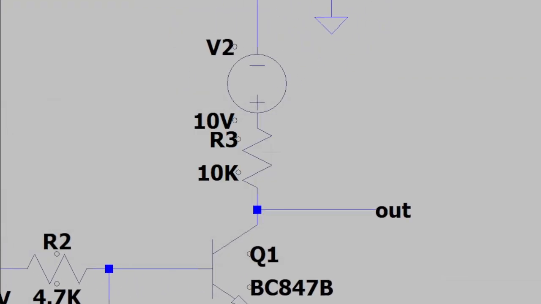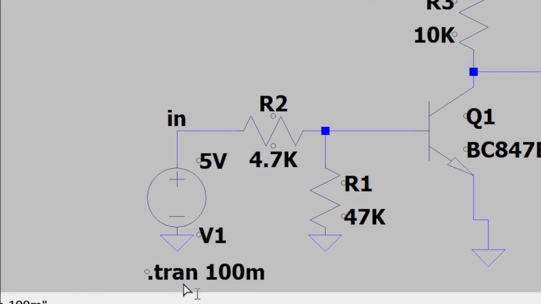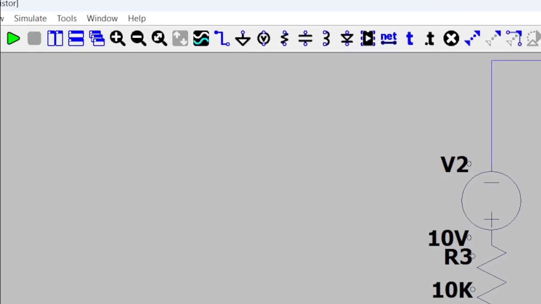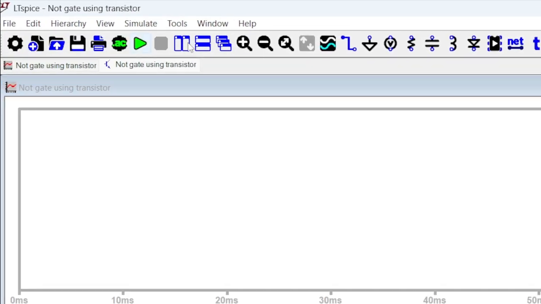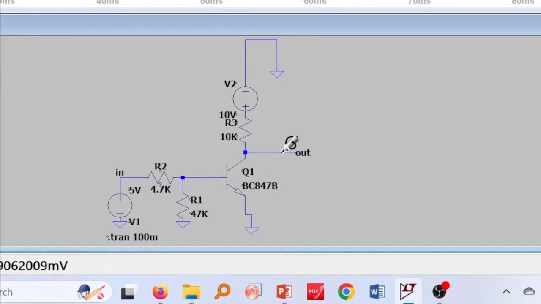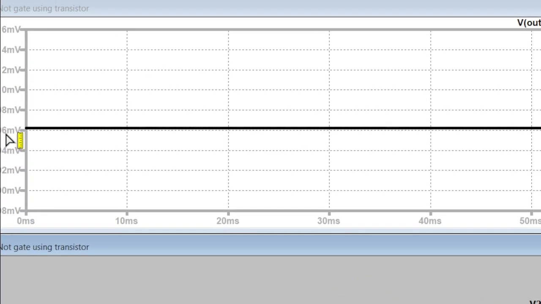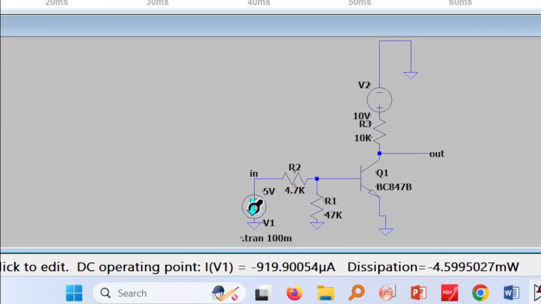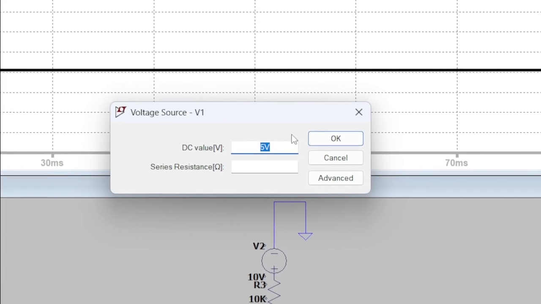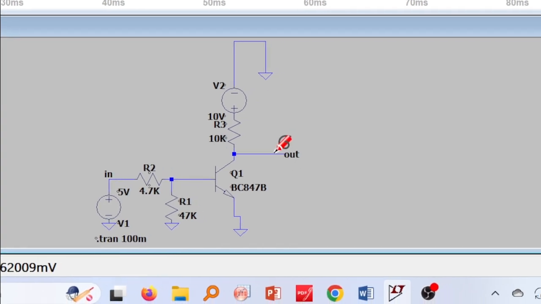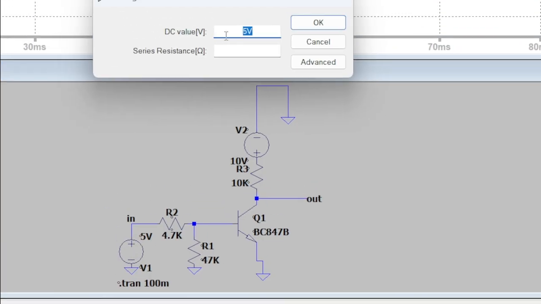Okay, if I run my simulation, this is a transient response for about 100 millisecond that I have given. Then the input voltage I have given is 5 volt. If I give 5 volt, I am getting a millivolt output, which is almost zero here. This means the current is flowing through this channel and there is no output here. So if you connect an LED here, it will not light. Okay, so if I change to 0 volt,